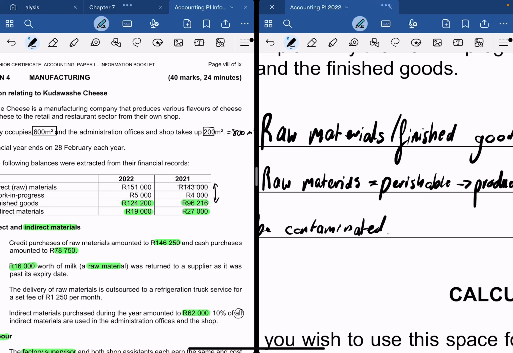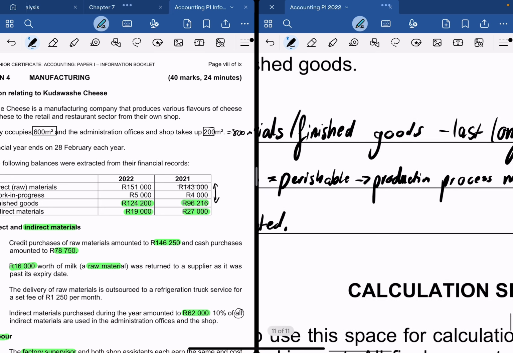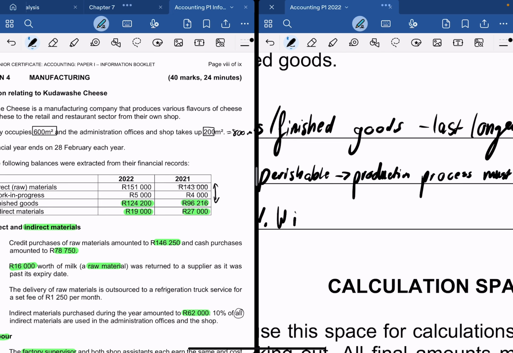So you can't start making cheese and then not finish, right? Otherwise, the cheese will be contaminated, which basically means your work in progress, just going to say WIP,